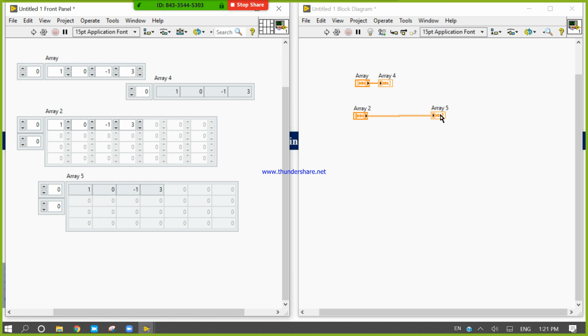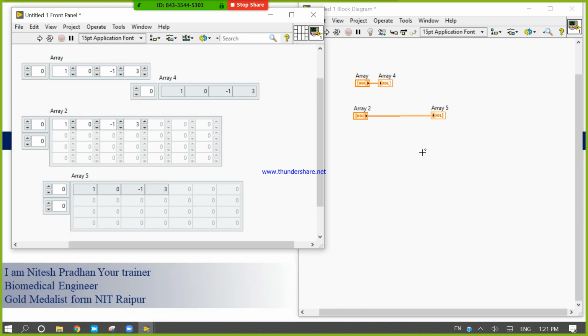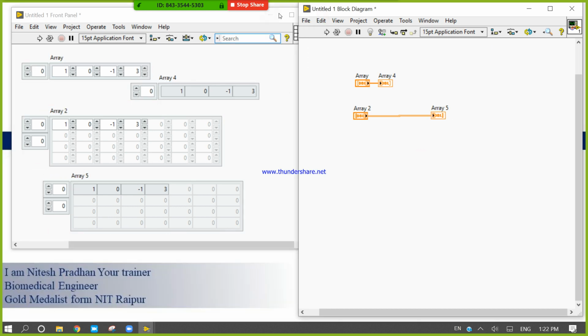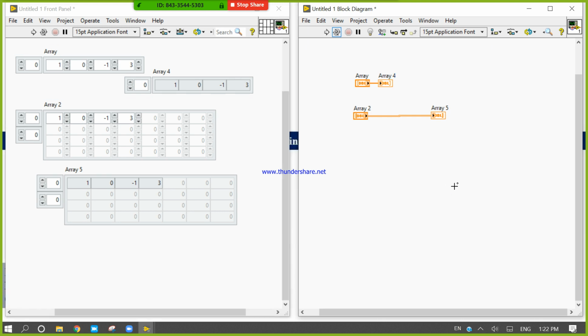Now tell me, what is the size of this array right now? What is the index value? There is one column and one row. The first one is for the column, and the second one is for the row.